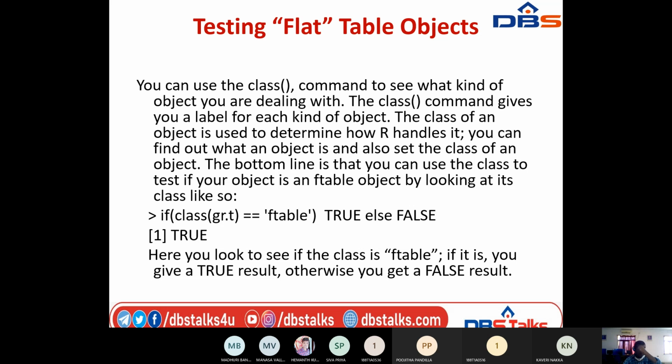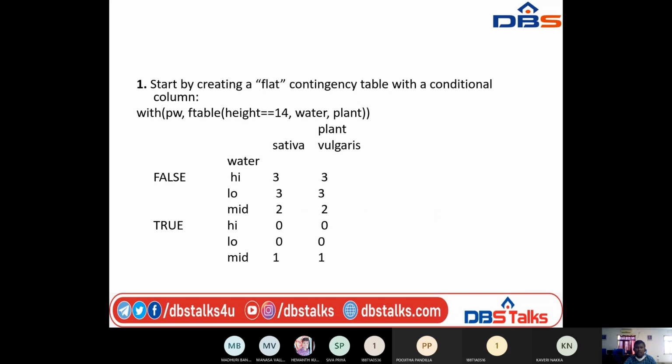Okay. Now in this class we briefly discussed all the topics. Now we are in the summary tables. We already discussed normal contingency tables. Here in this class we discussed flat tables. What is actually the purpose of the flat table here is